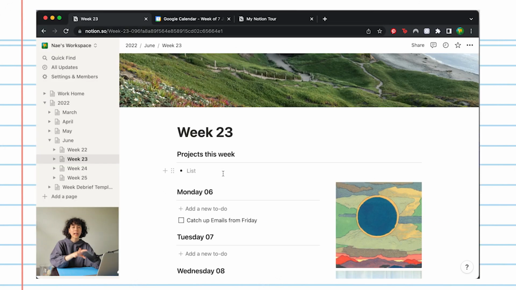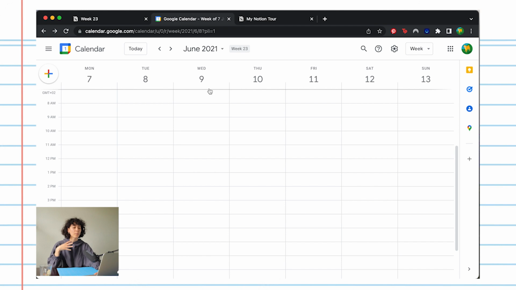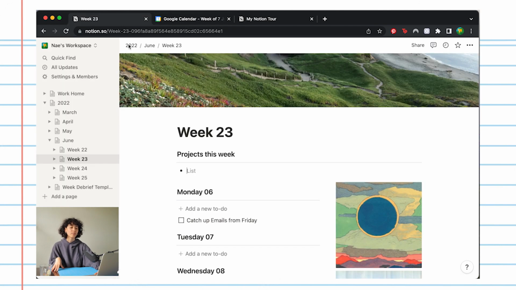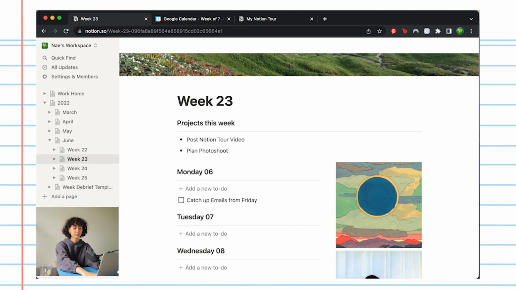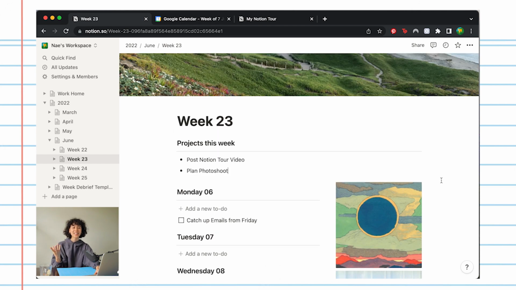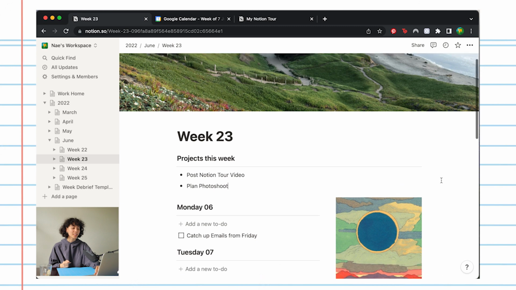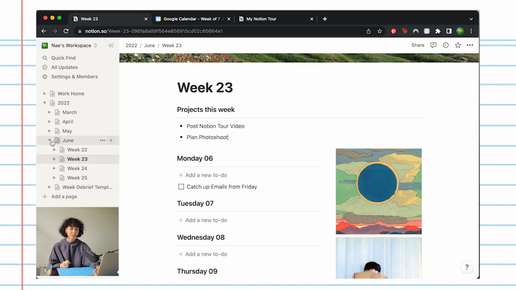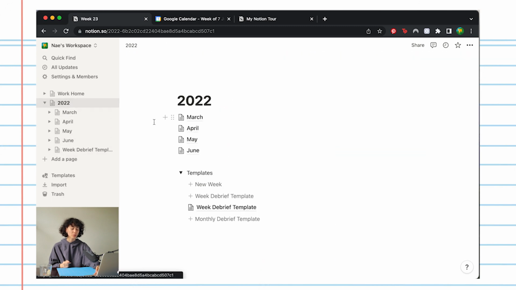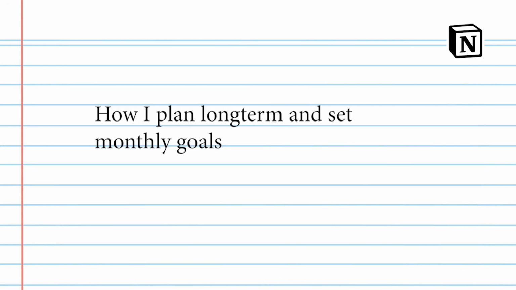I look in my Google Calendar if I have any appointments for the week, what are my deadlines, stuff like that. So I have this up here to remember. So that is how I do my weekly setup, and I've been doing this, as you can see, if I go back to my 2022 overview, for the last 3 months and it's worked super well. I feel like I've been so productive and so in the clear with what I'm doing and what I'm getting done like never before.